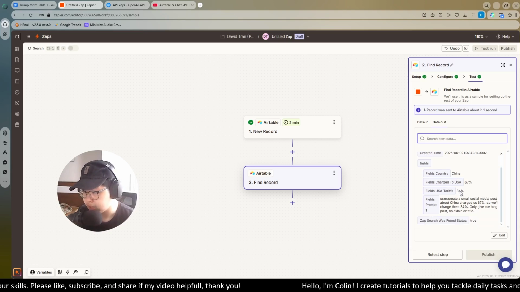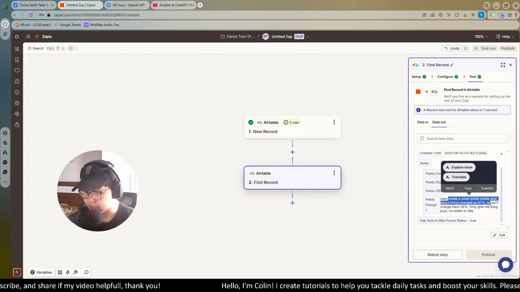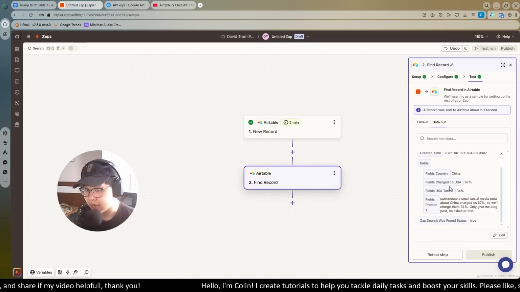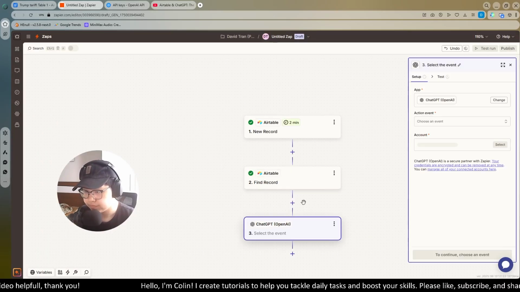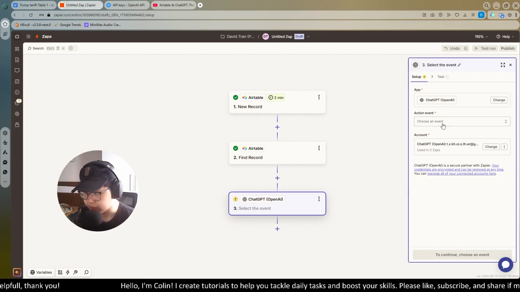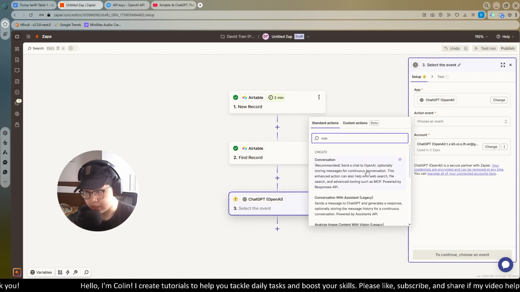Field country, China, charge to USA, tariffs, and the field, this is important, is create a small social media post, is our prompt. So for the next action, we will add ChatGPT, OpenAI. Now in this one, you choose an event is conversation like this.